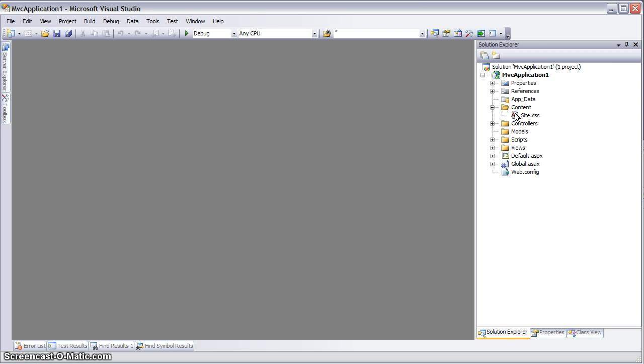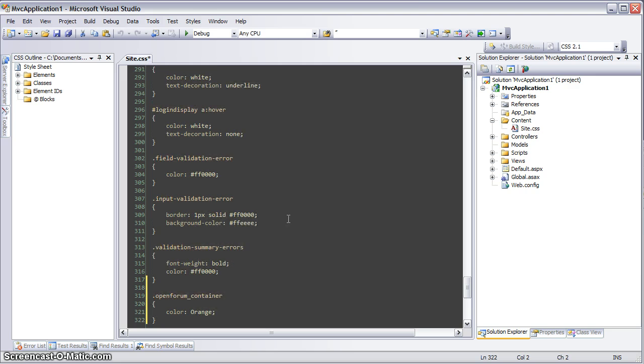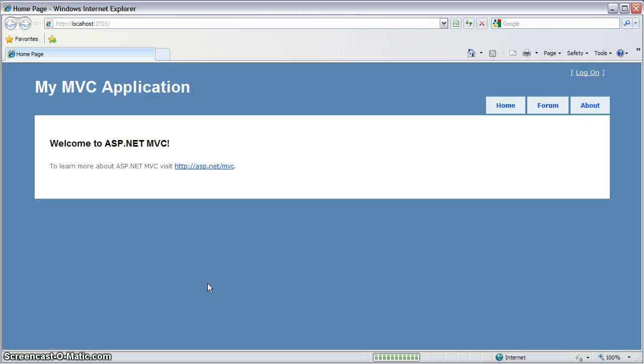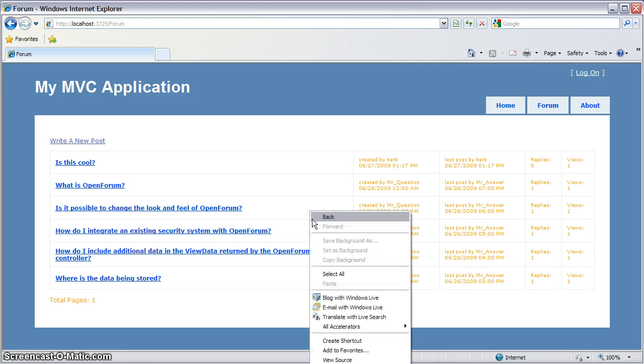Probably the easiest way to do that is by adding new styles to the style sheet. OpenForum contains many different CSS class styles on the different elements, so adding through CSS is pretty easy. So let's go ahead and refresh the style sheet here, and you can see here's our lovely shade of orange. And if we view the source